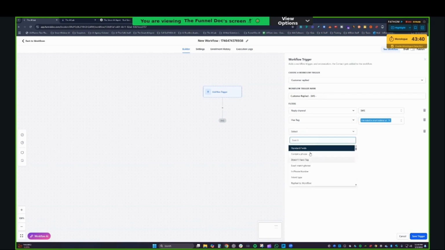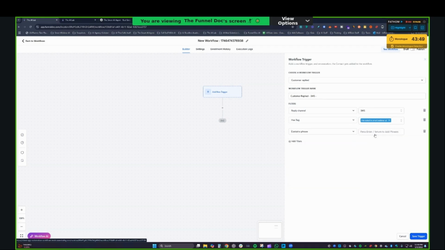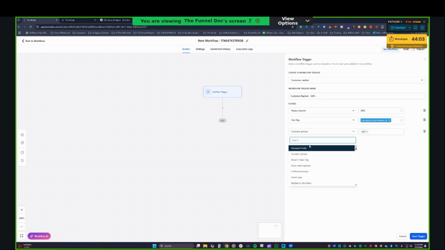And then after that, the final thing is, is there a specific trigger that you're using in the actual contains phrase or exact match? Now, contains phrase can be inside a phrase. Like they could say, yes, I want to sell my house, and you could put in here sell house, and it would pull that out of the phrase itself. If you put exact match, they need to put something like stop now, an exact type match on there,